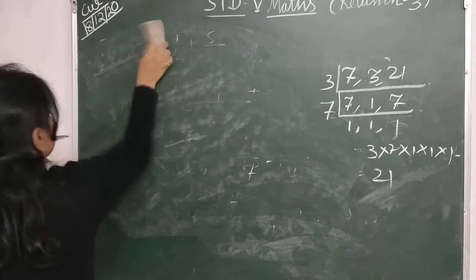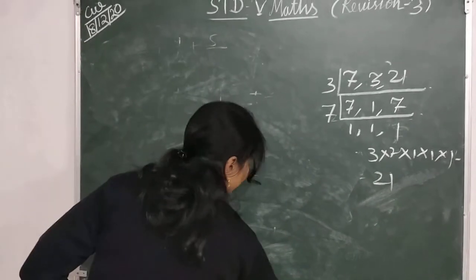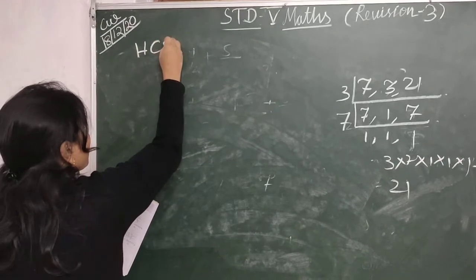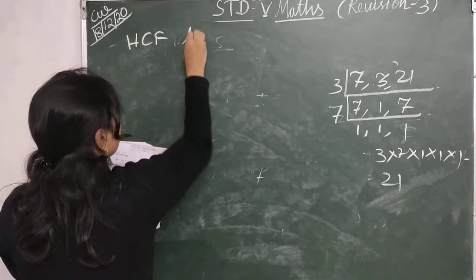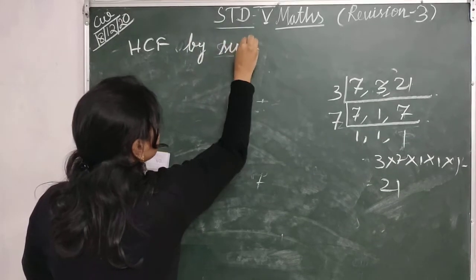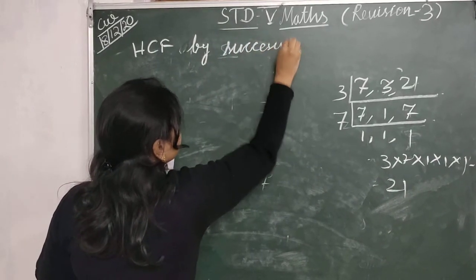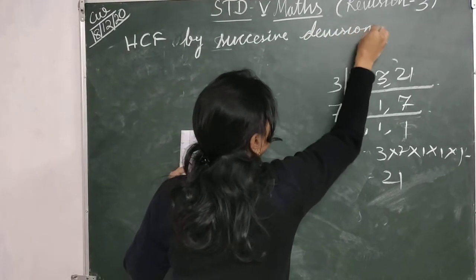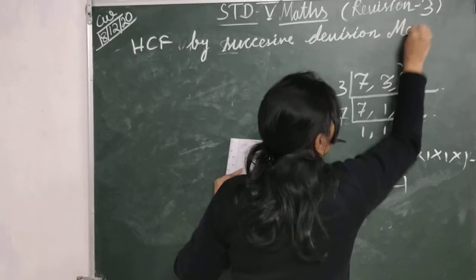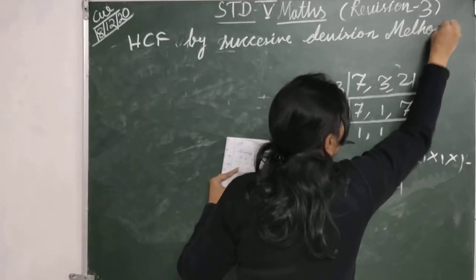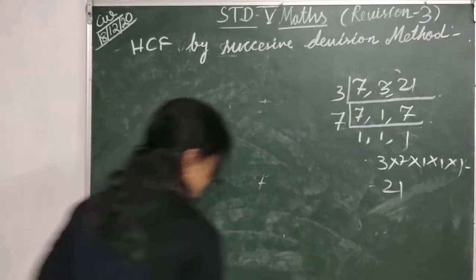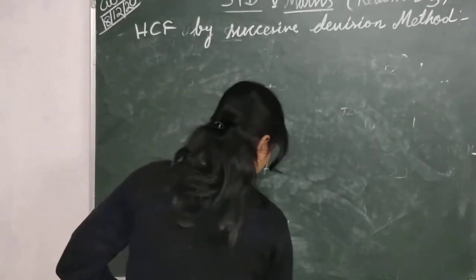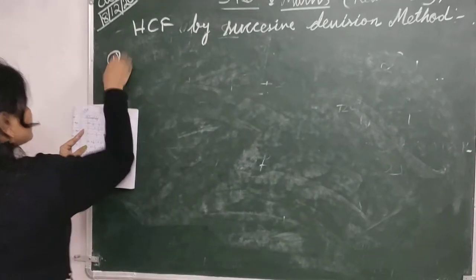Next, children, we are going to find out HCF, the highest common factor, by the successive division method. Okay. Okay, children. So your first question is